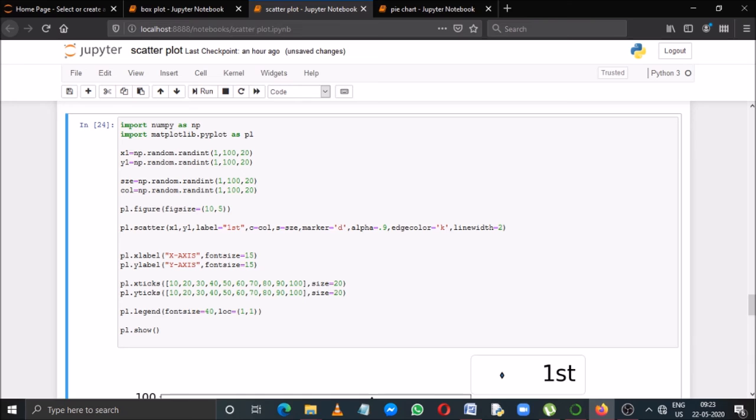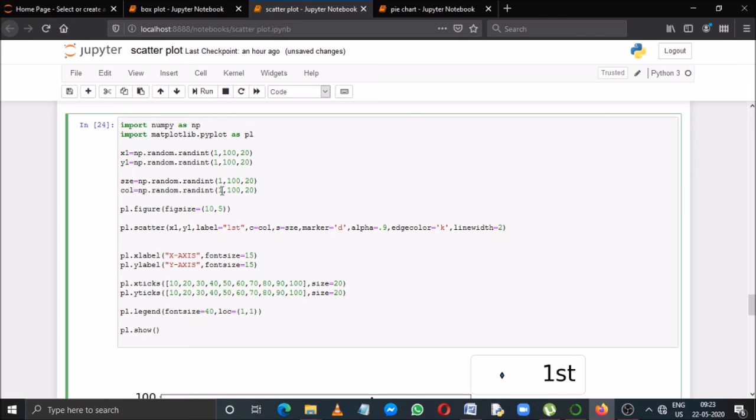See, study that program. Initially I have generated x1 and y1, two data sets, randomly, and then I have created another third NumPy array called size. This is for the size of the markers, and for this one also I am generating the size randomly. And next one is the color.